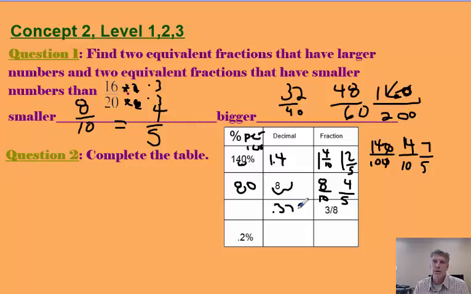So now I want to kick that to a percent, just like you did up here, just like you did here. We're going to move it over 2 spots. So 1, 2, and I get 37.5%. All right, 0.2%. Wow, that's not even a percent yet. Not even 1%. 0.2%. You still have to back it up 2 spots. Back it up 2 spots. So I'm going to get